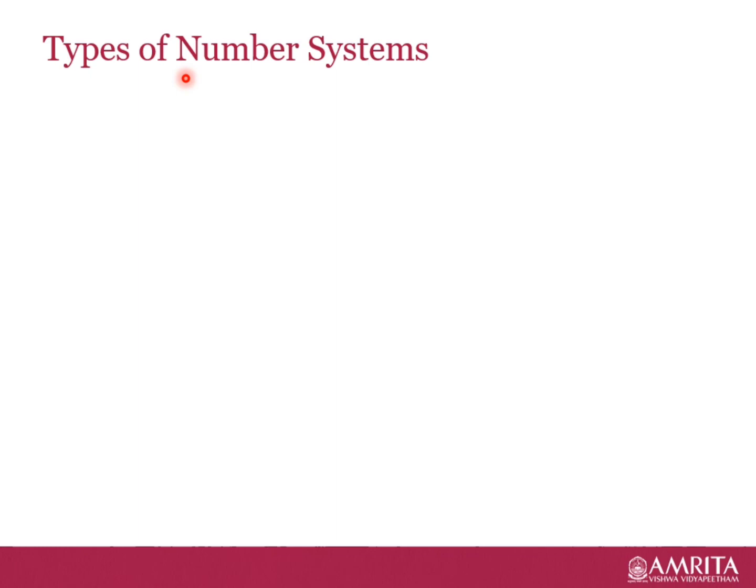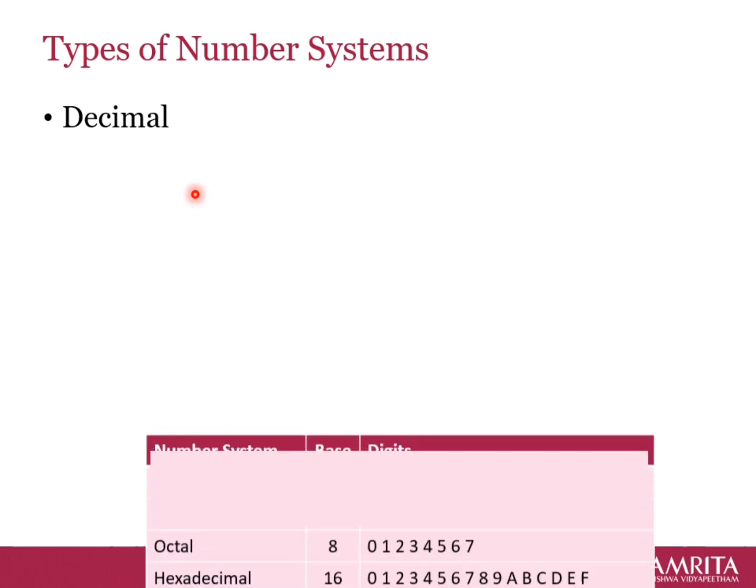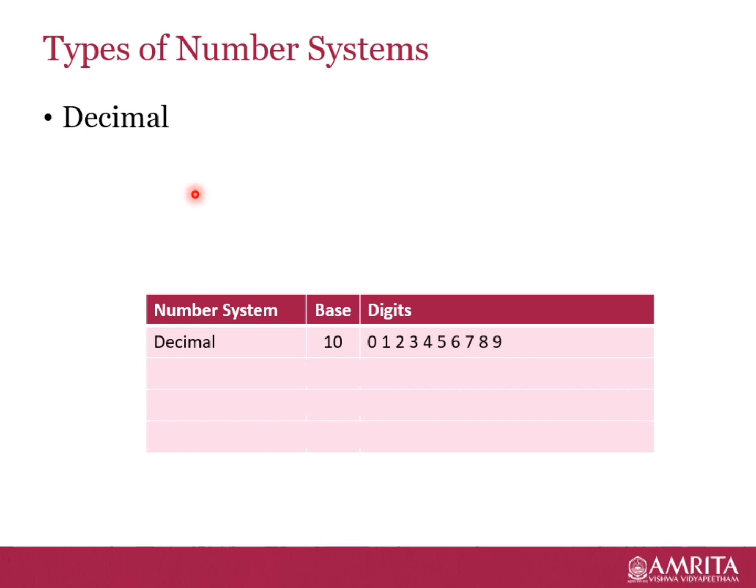Now you know what is a number system. We can now discuss the different types of number systems generally used by the computer architecture. The most important and commonly used number system is the decimal number system or base 10 system, meaning it is built on powers of 10. The origin of this system is likely based on hand counting. Digital systems and computers use the binary system because it has only two states, 0 and 1, and so its base is 2.